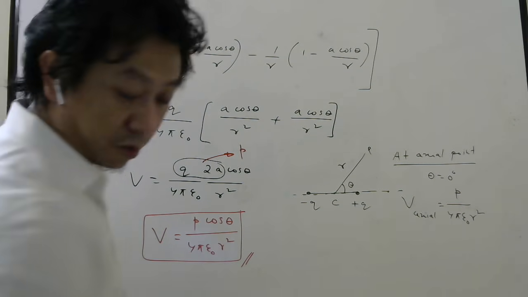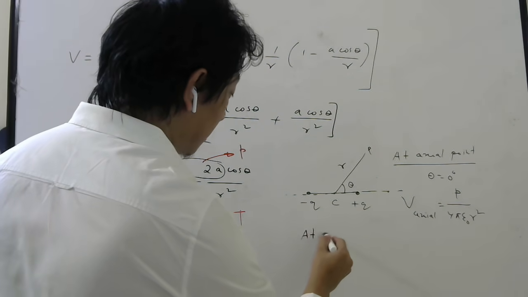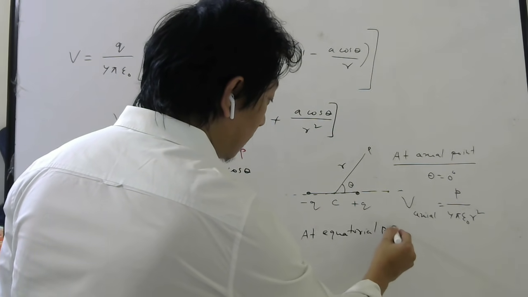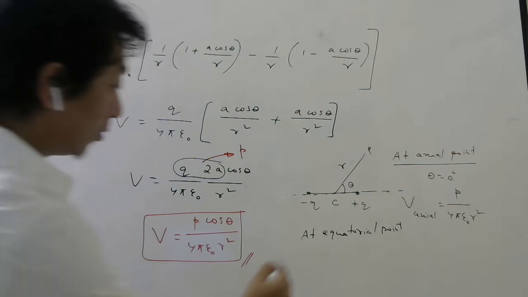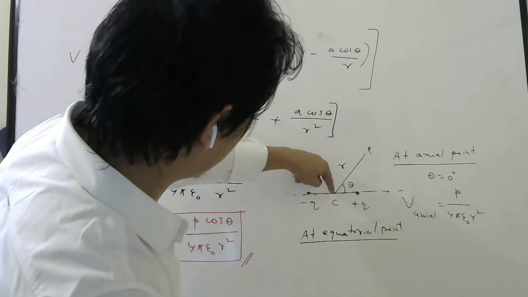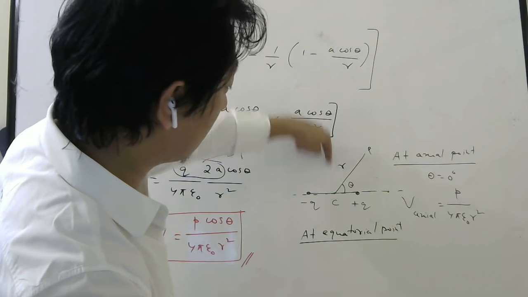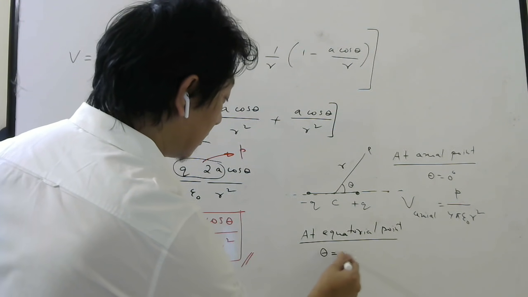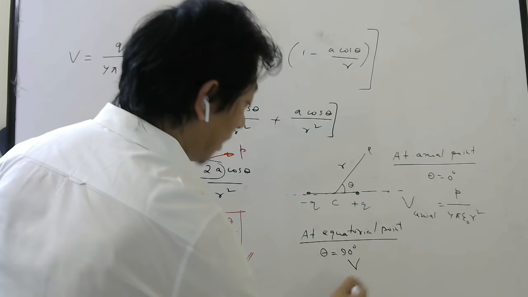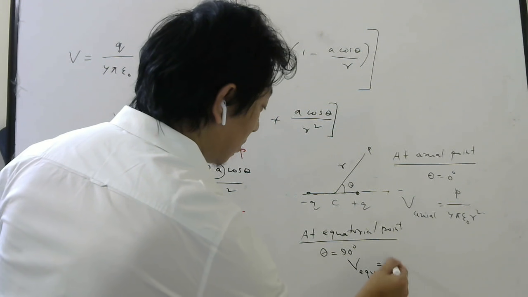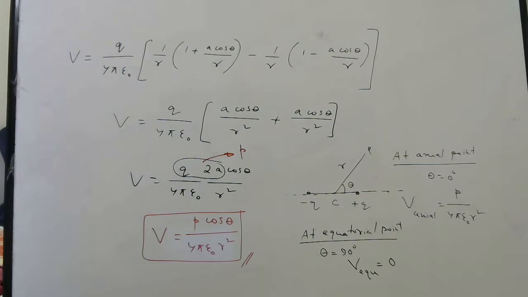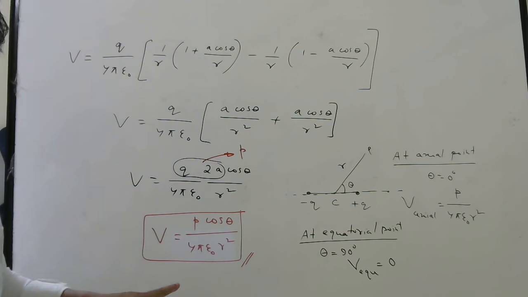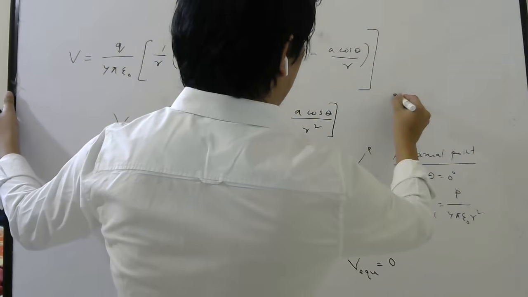Now answer the same question for equatorial point. At equatorial point. Equatorial point means which point? This P should be in this line here, above this center here. Then what will be theta? Theta will be 90 degree. So what will be potential at equatorial point for a dipole? 0. Yes or no, students? Because cos 90 will be 0. Substitute theta 90 here. Okay, and it is expected also. For dipole, it is expected.